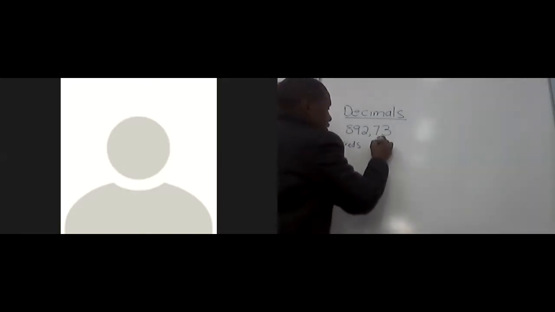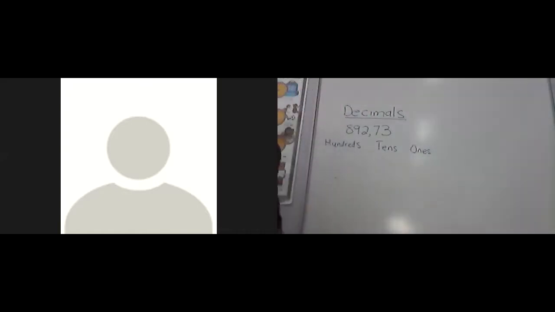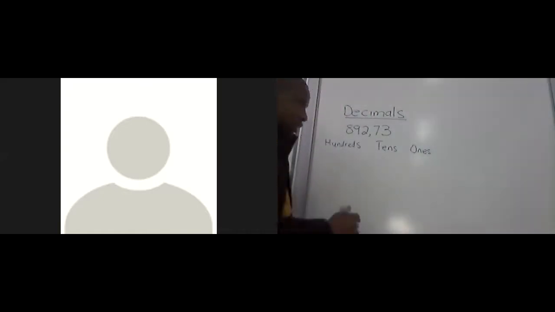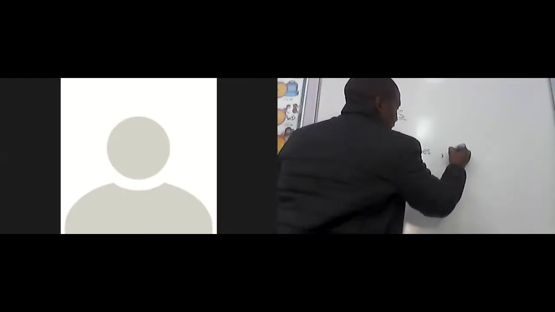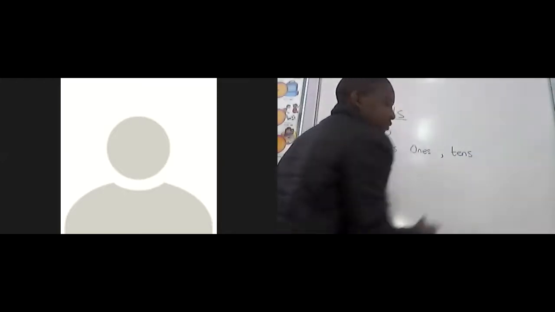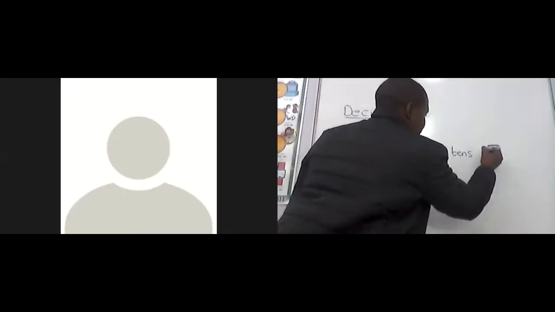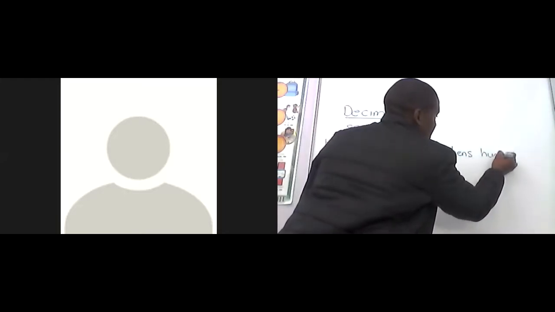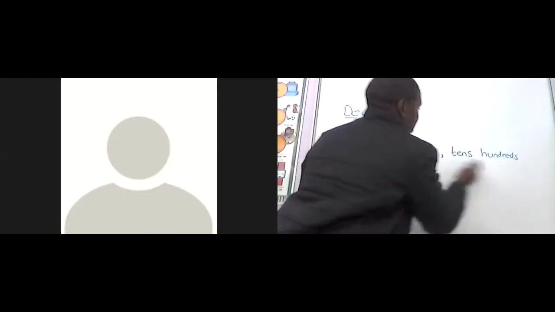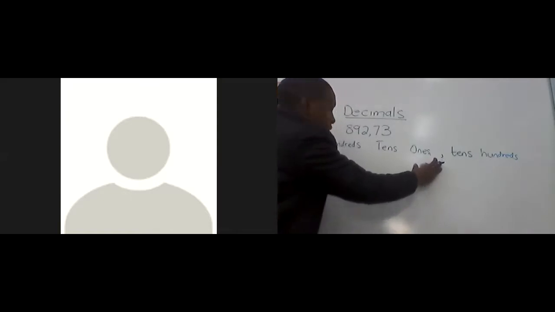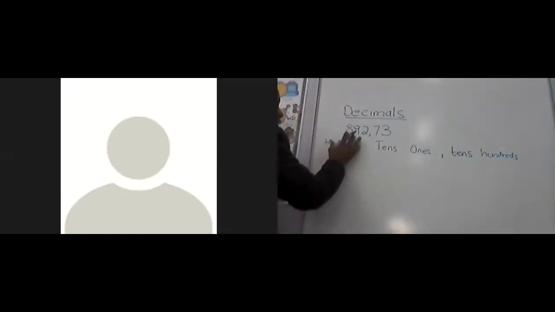You'll have your tens, and we have our ones. Now going further after the ones, we'll have the comma. So the comma will be there, and after the comma we now have tenths and also hundredths. Okay, so for here we have